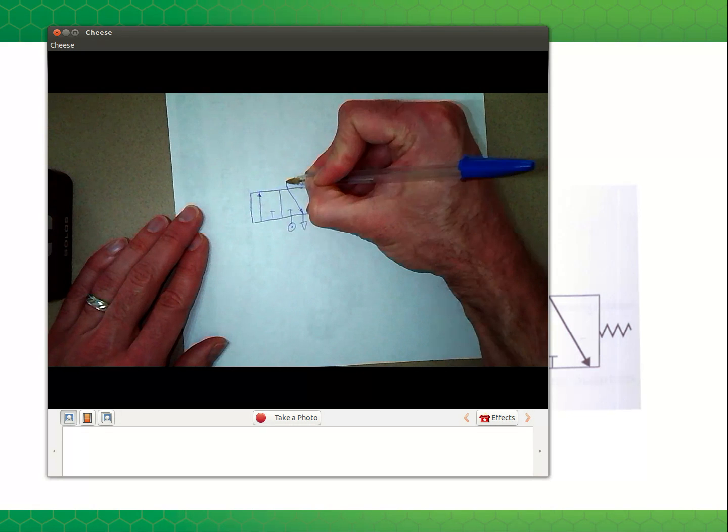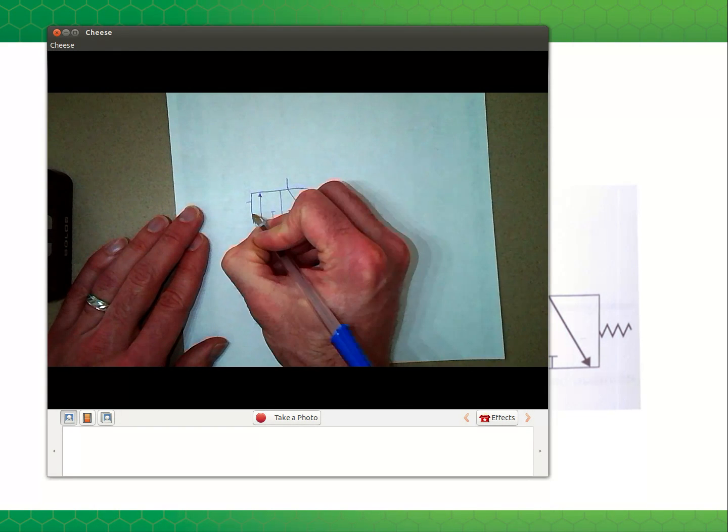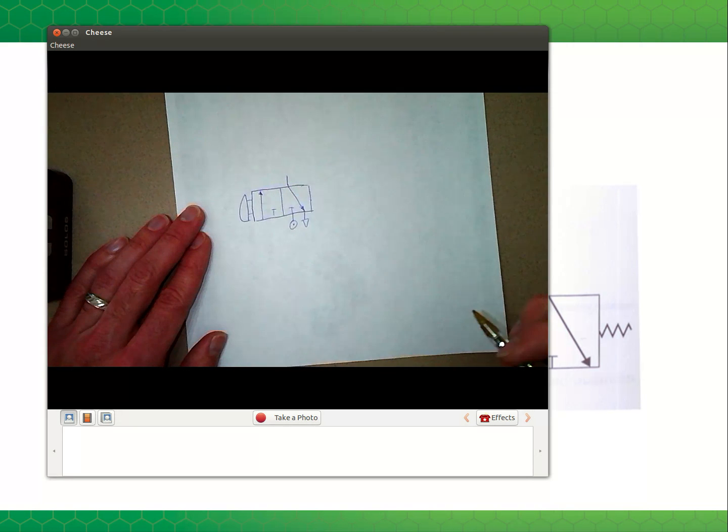So we got the symbols for supply and vent, and then the output. And so we have a push button instead of the solenoid, and whenever we let go of the push button,